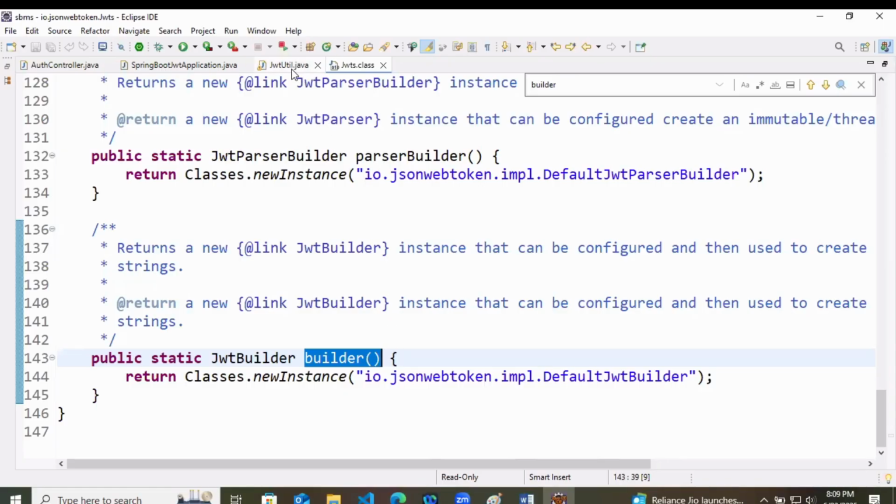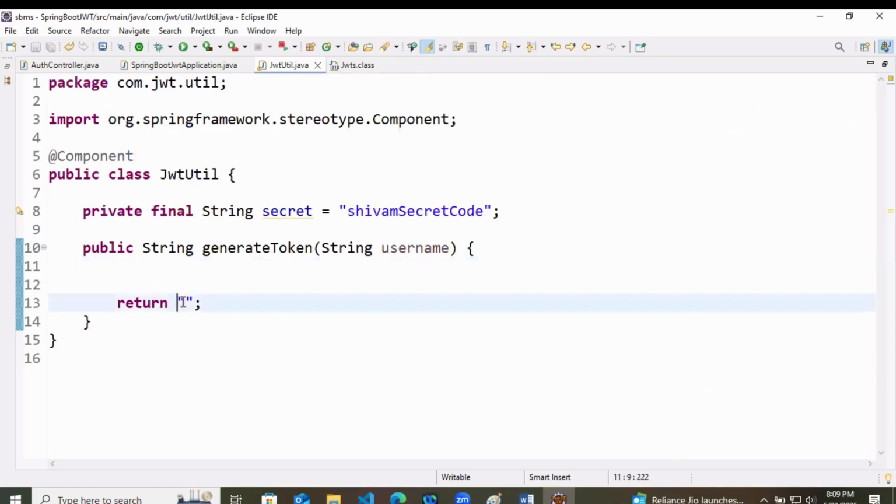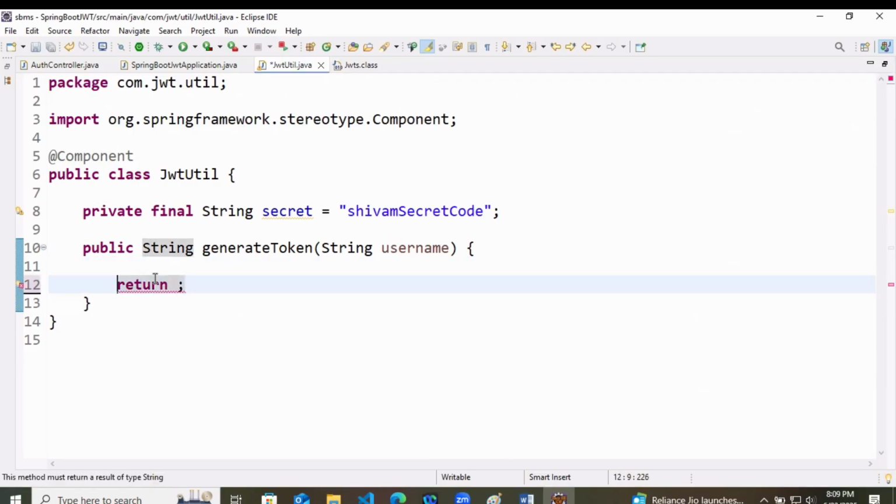Now how will we build? When I am returning the token as a string, you can just write like this. Here I am not returning an empty string. What are we returning?